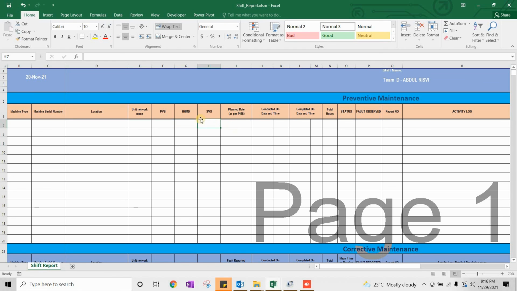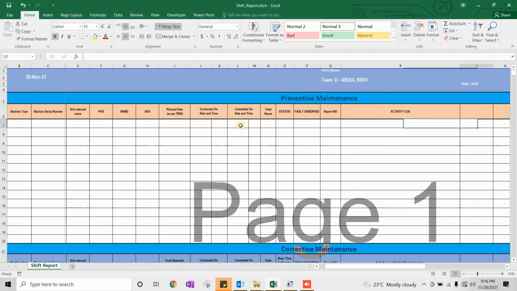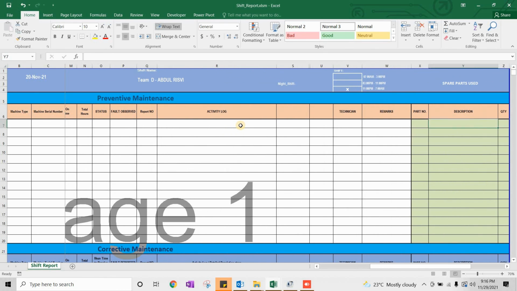HHMD number, SVS number, whatever number we have, we can mention it here. And any additional information, as we mention in reports as well, we put in the note section. In the remark section we can put any additional numbers or comments which we want to mention about the particular machine.